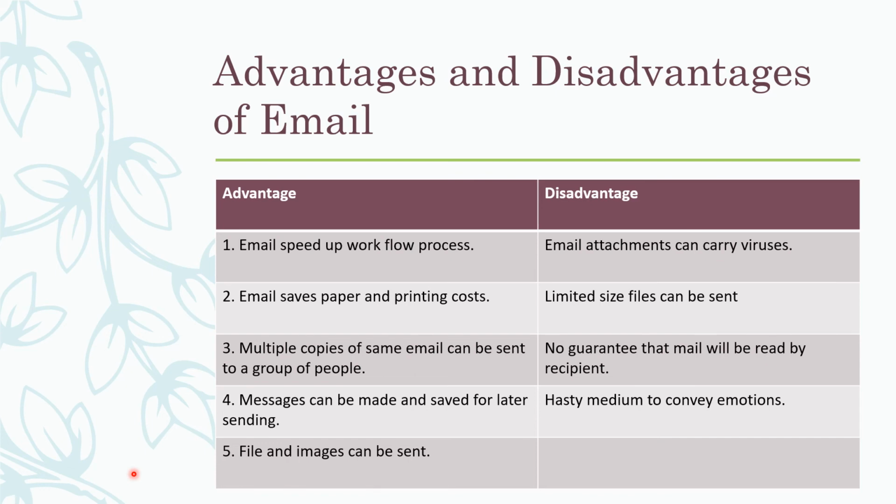Multiple copies of the same email can be sent to a group of people, as mentioned in the carbon copy and blind carbon copy option. Messages can be made and saved for later sending. Files and images can be sent. So we can schedule message sending also, and files and images can be sent in a better manner compared to